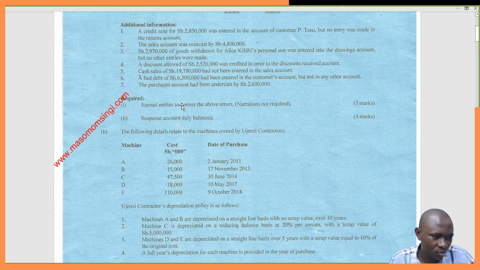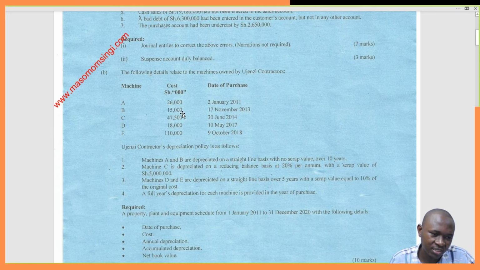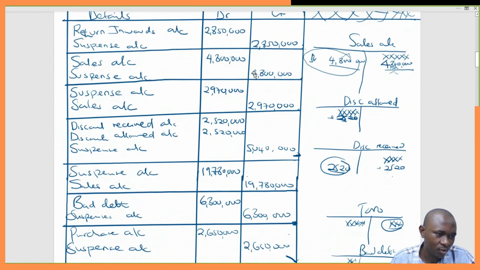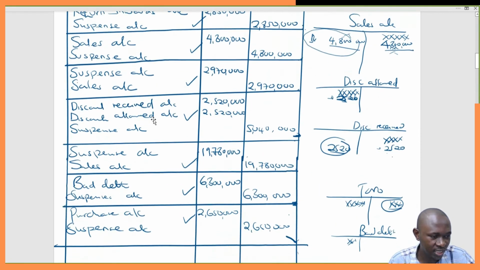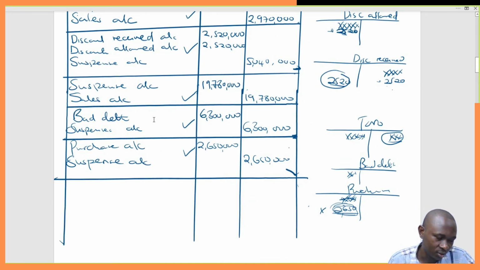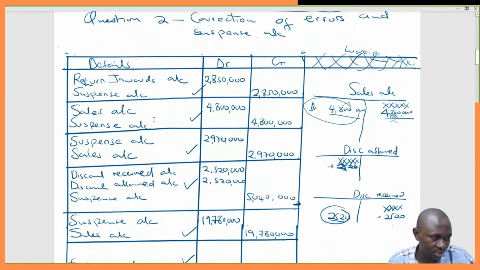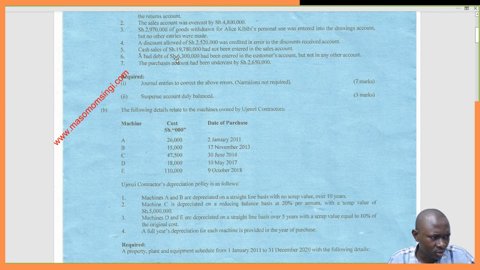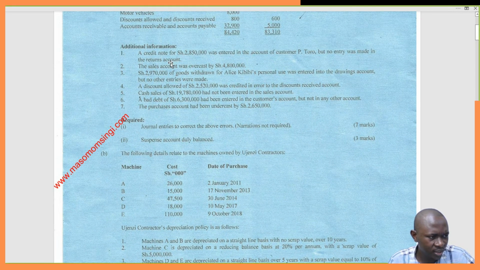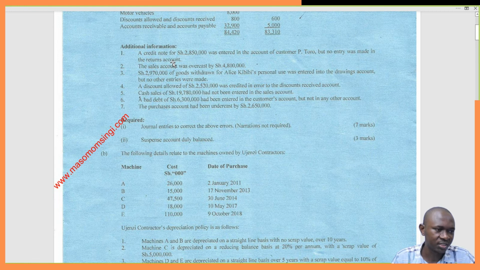So the journal entries to correct the above errors, narration not required, 7 marks. With this, how are they marked? You get a tick here, 1, 2, 3, 4, 5, 6, and 7. That explains the 7 marks. So if you don't get one correctly, for the others you still have a chance of getting them right. So don't lose hope, don't panic, just go for a transaction at a time. Then